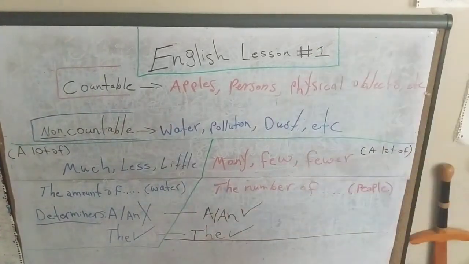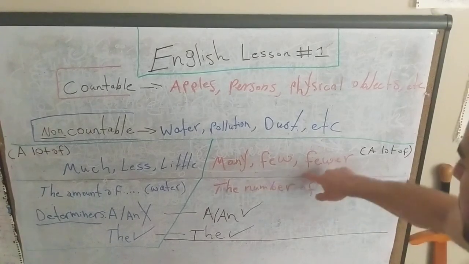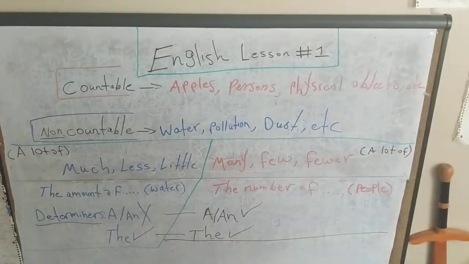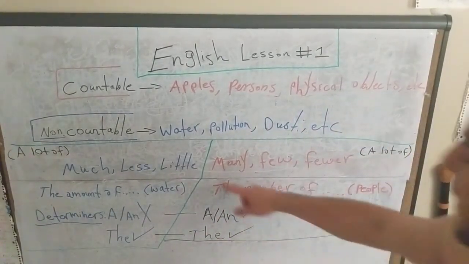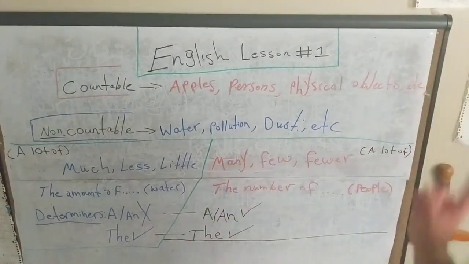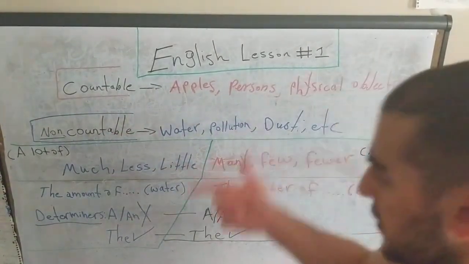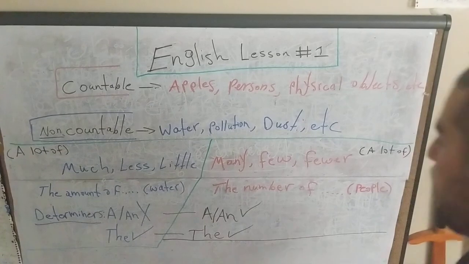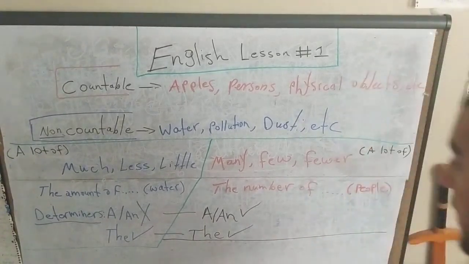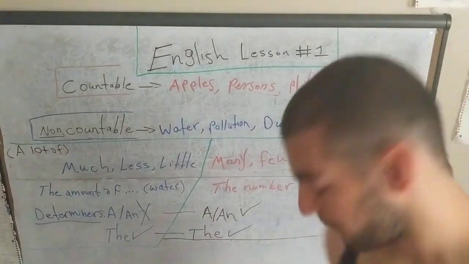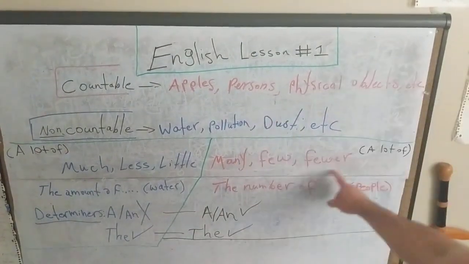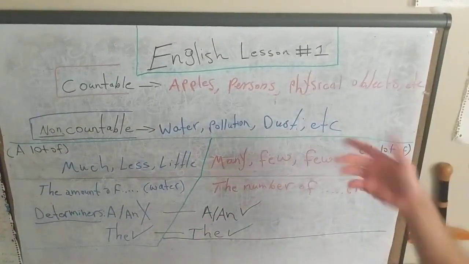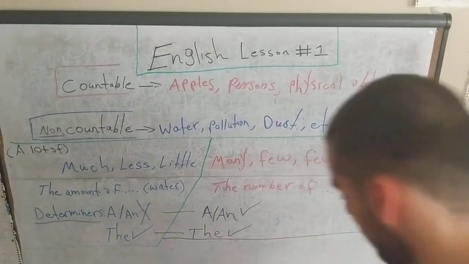However, for countable, it is many, few, and fewer. Okay, this is the appropriate chart to use when describing countable nouns. For example, I have many friends. You don't say I have too much friends or I have much friends. You say I have many. Okay, something that you can count. I have few friends. I have few markers. And the last one is fewer, which is at a lesser point, so that is little, but in the countable form, fewer, I have fewer